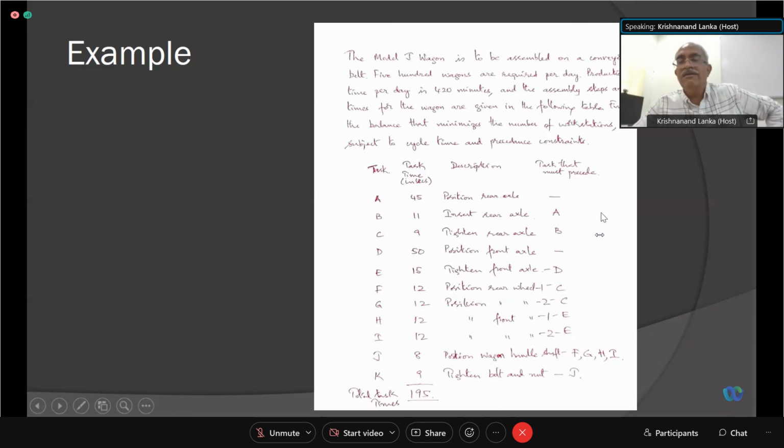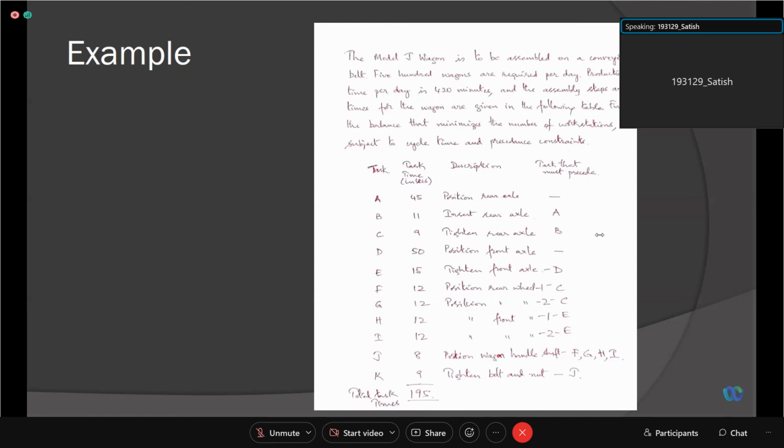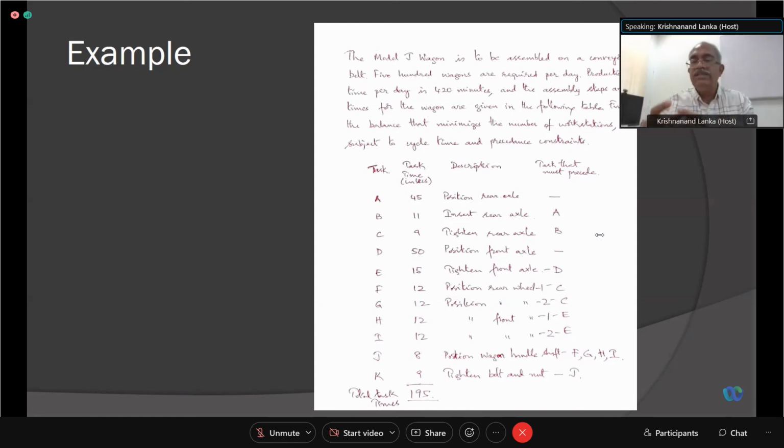So it is just like house construction. Unless you dig the foundation, you can't have the foundations. Similarly, unless foundations are finished, you can't construct the walls. Unless the walls are constructed, you can't put the slab. Before walls, pillars should be there. So there is a technological precedence. There is only a certain amount of flexibility for certain tasks. You can shuffle them, but overall there is a constraint on how you choose your next element.